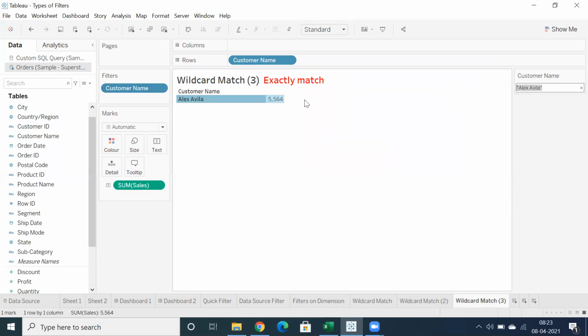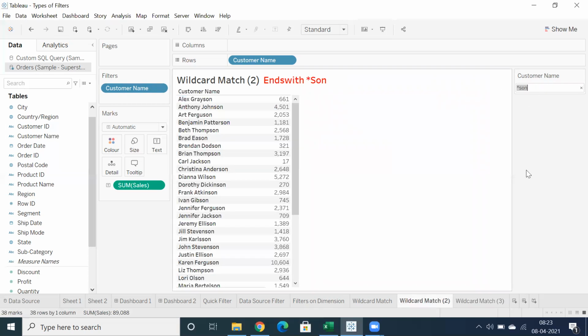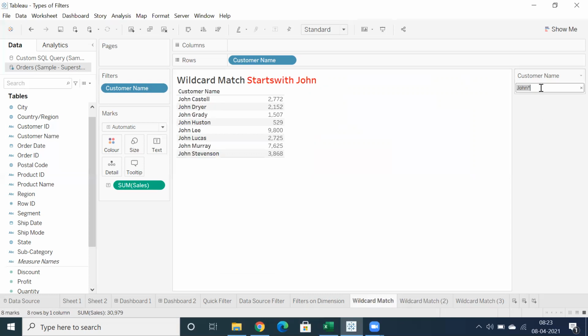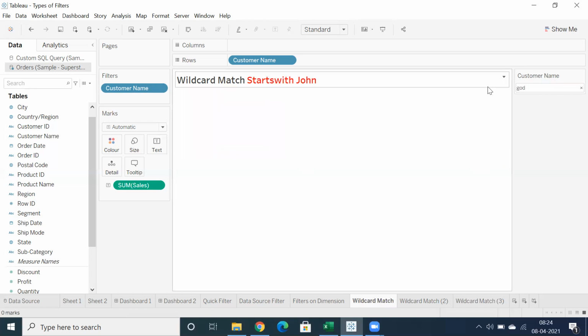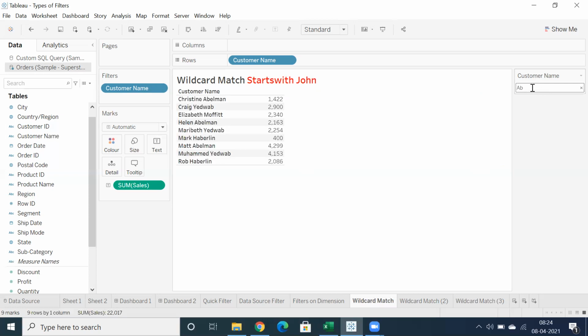So that's the reason we don't prefer exact match, because you need to type in the complete name. But if it is a wildcard match, like starts with or ends with, you can simply type it in. Let's say you want to know the customer names that start with something. Do we have starts with AB?